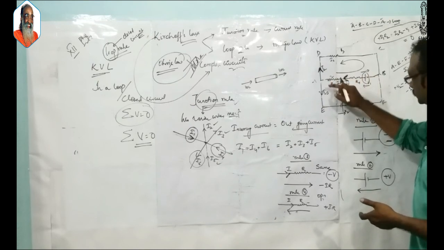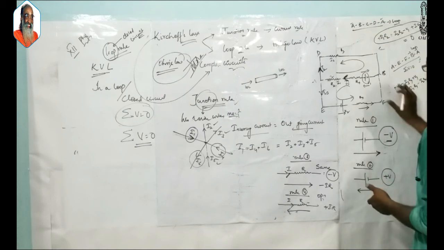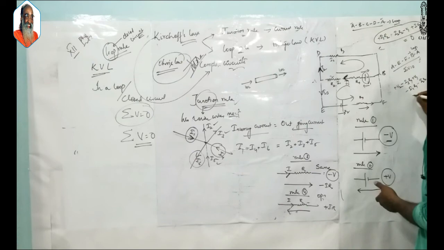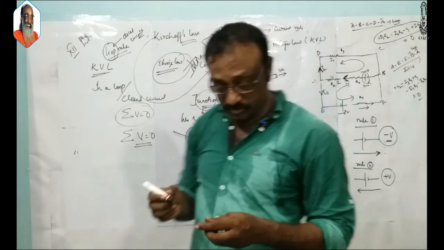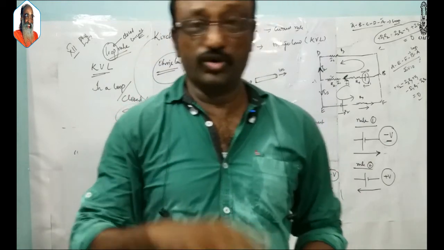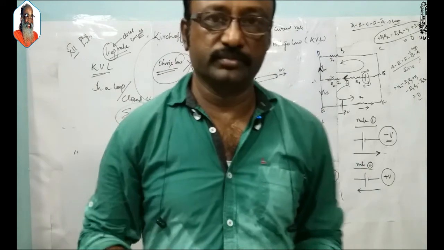So in the second loop also you got an equation. If you are able to write these equations, you can find whatever unknown you want. For example, here they will be asking you, at this resistance, what is the current. There you cannot apply Ohm's law. Certainly, if you find a loop or a mesh, you have to go with Kirchhoff's laws.